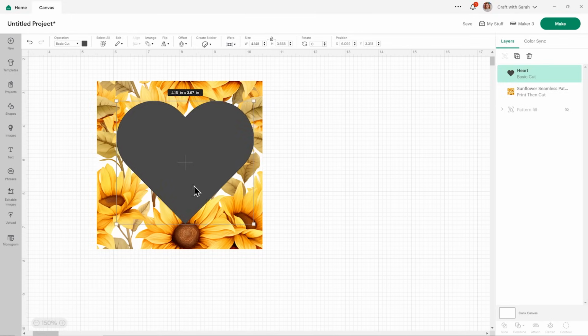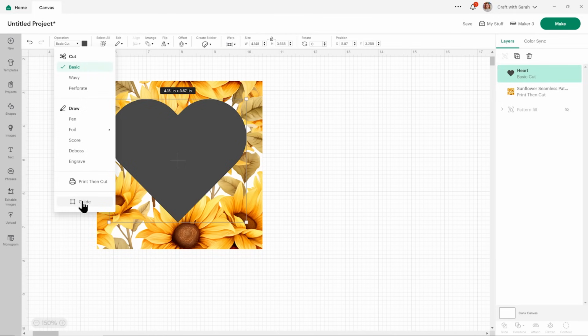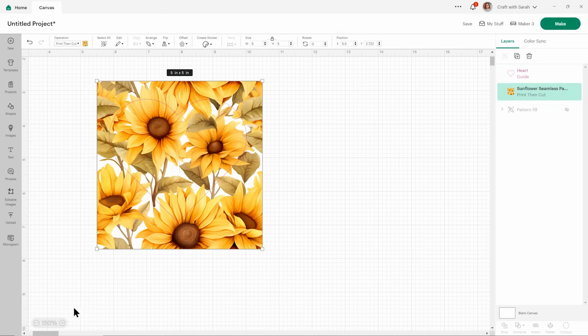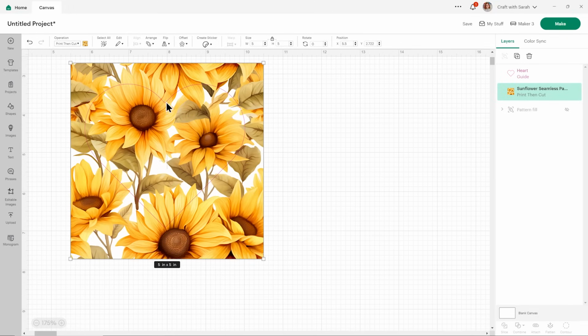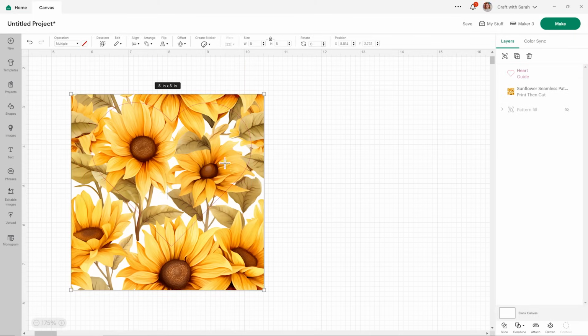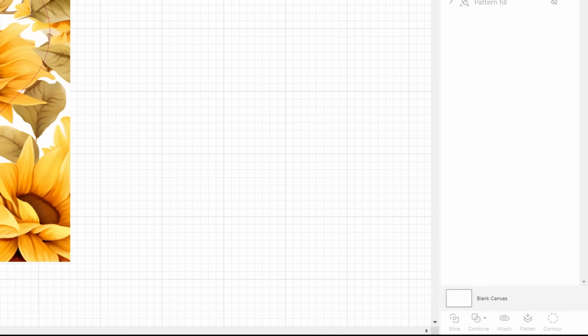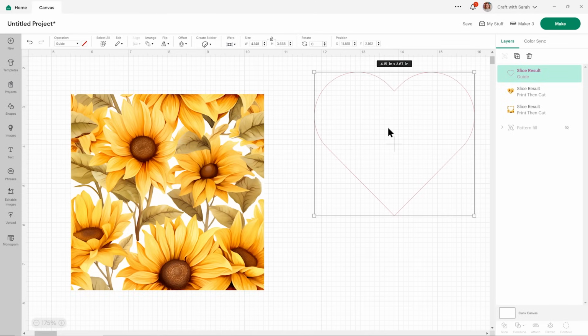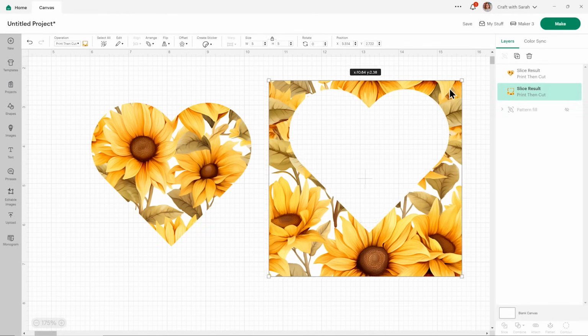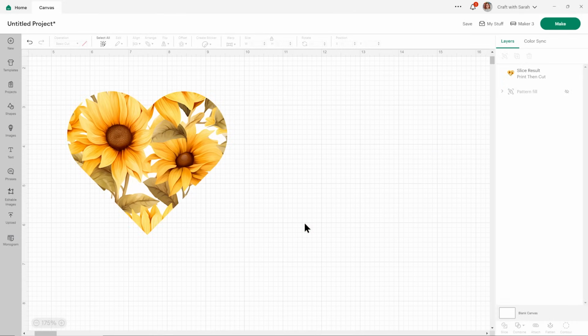So I could still choose my heart and change it to a guide in the operations. That changes it so that it's now an outline. It's a little bit hard to see, but there's a little pink outline now. Then you can position it so that you can see through the bits you want to keep. You can then drag a box around both of them and press slice at the bottom of the layers panel, and that will cut out the outline. So I can delete that outline, and now I've got my heart shape and that bit which can be deleted.